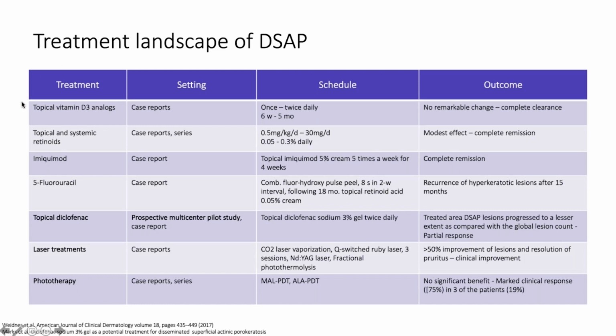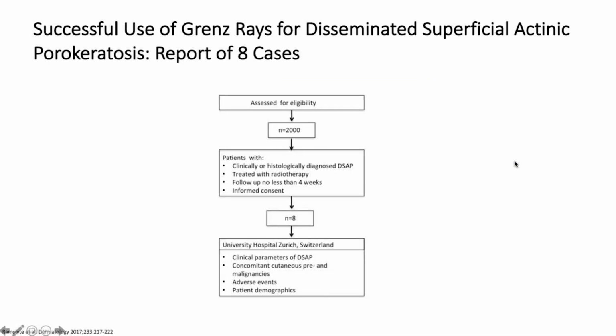However, multiple other treatments that are used for treatment of actinic keratosis, such as imiquimod or 5-FU, as well as laser treatments and phototherapy, have been investigated, and the responses range from no remarkable change to complete clearance, complete remission, and modest effect. So what we did at the University Hospital of Zurich, we reviewed our patients that were treated with